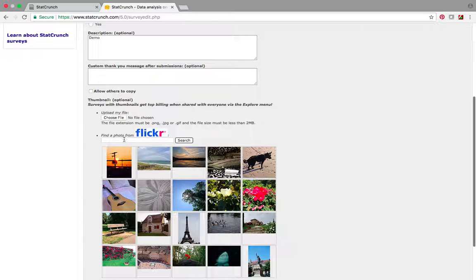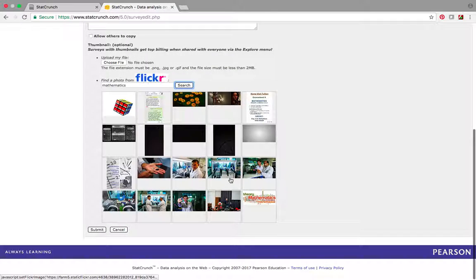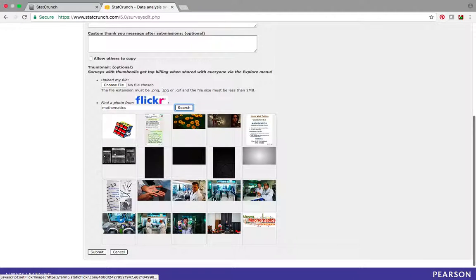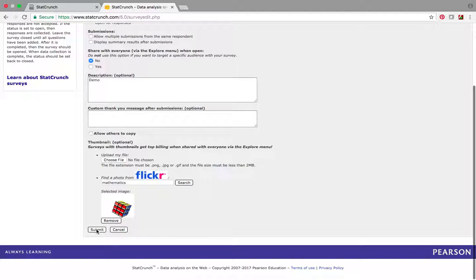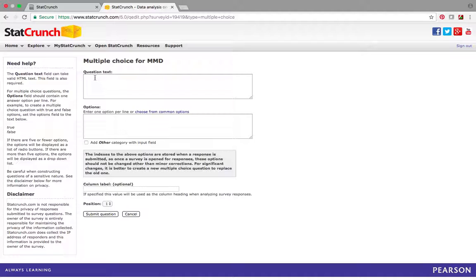And you can attach a photo. So I don't know, if you do something with mathematics, you can see that it has some stuff that comes up. Let's do Rubik's Cube. Okay, and let's go submit. Now, once you get your survey started, the next thing you do is add your questions. To add questions, you just choose one of the formats to create your questions. So a multiple choice might be something like I love mathematics,